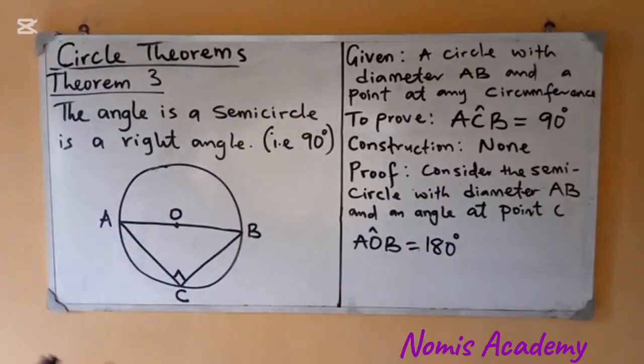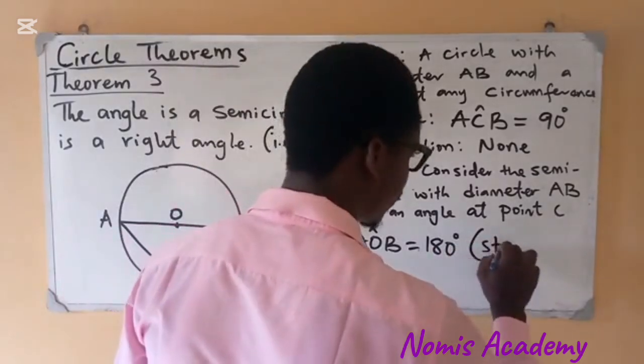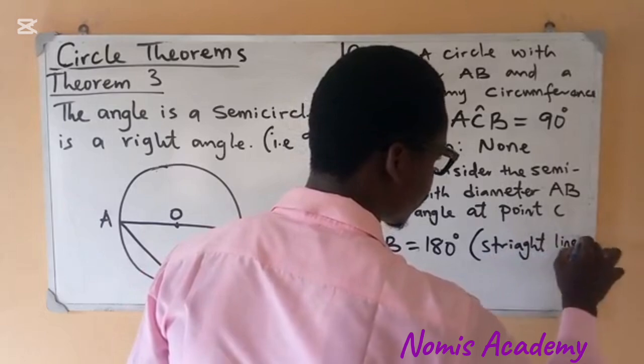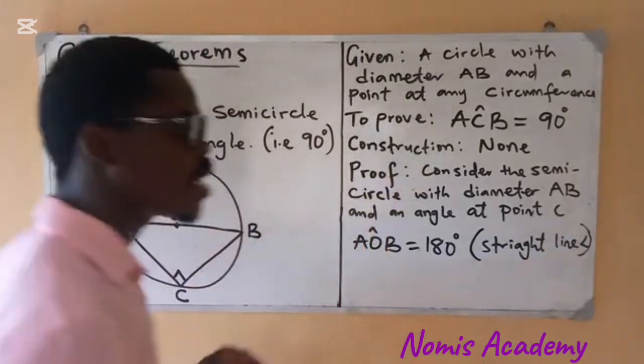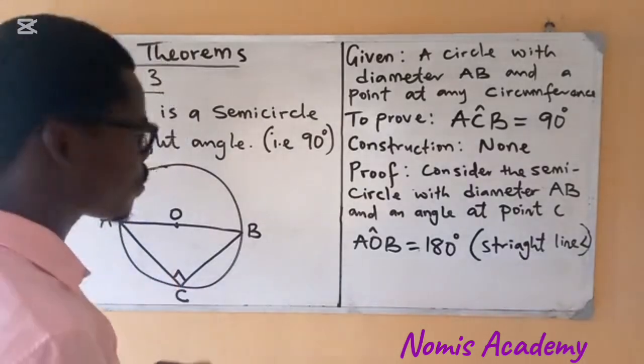AOB is 180 degrees. That is straight line angle. Okay, now we also have